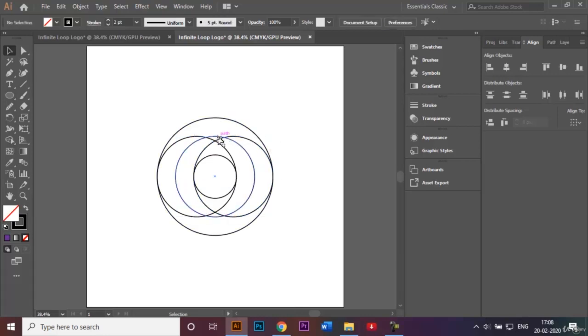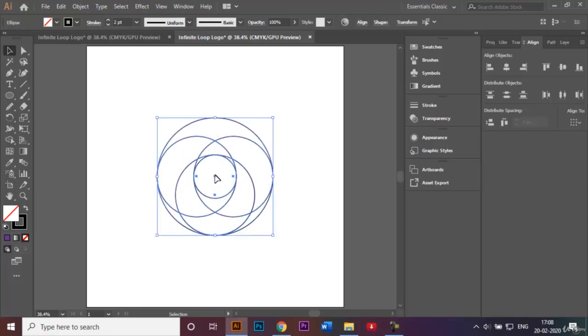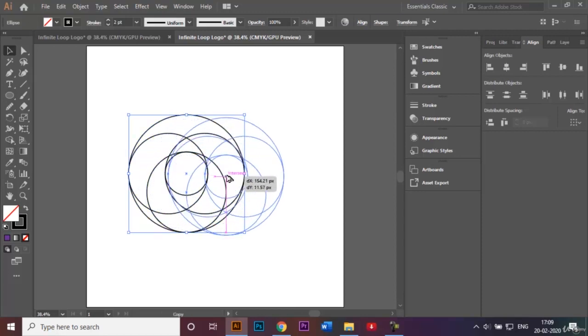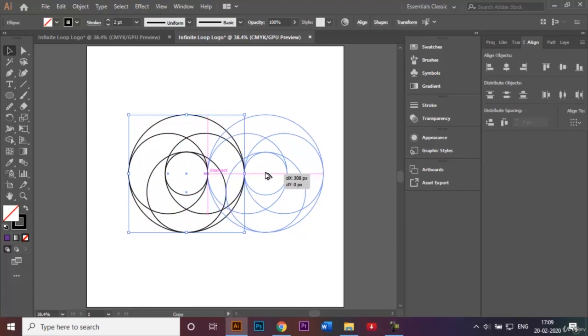Now I'll just select this middle circle and then just bring this middle circle down over here till it says intersect like that. I'll select all of them and then just drag it over here to the side. Now what we're going to do is we're going to make another copy of this same circle. So I'll select all of them, click on Alt and then just drag my mouse till it says intersect again